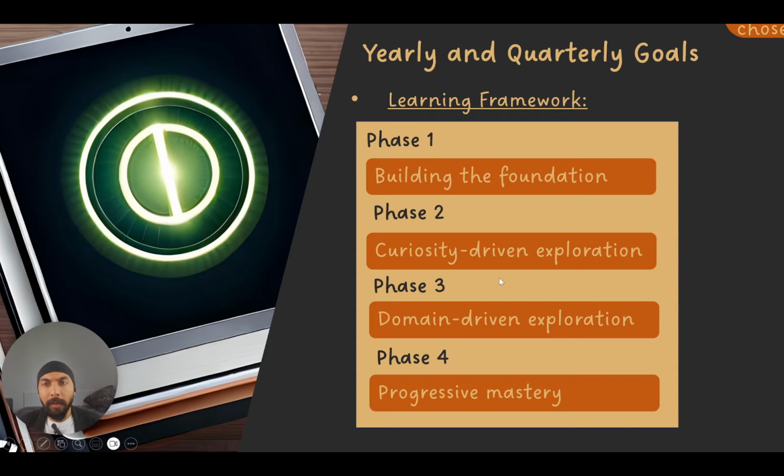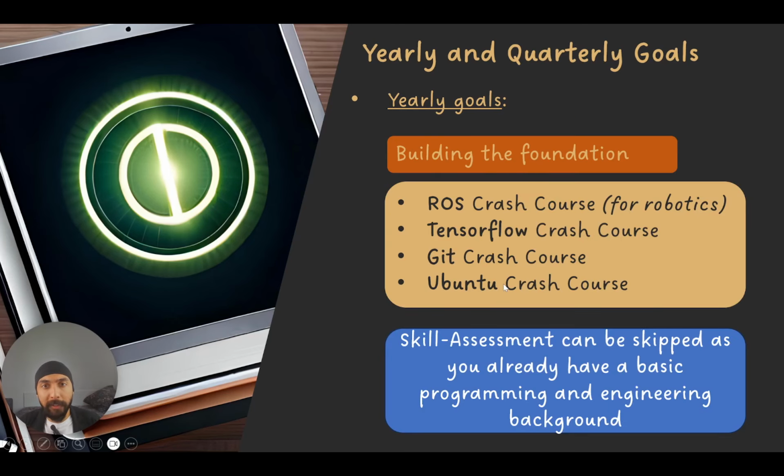So, build the foundation, curiosity driven exploration, domain driven exploration, and progressive mastery. So these are the four phases. Yearly goals are multiple: finish a ROS crash course for robotics, finish a TensorFlow crash course, Git crash course, Ubuntu crash course, and